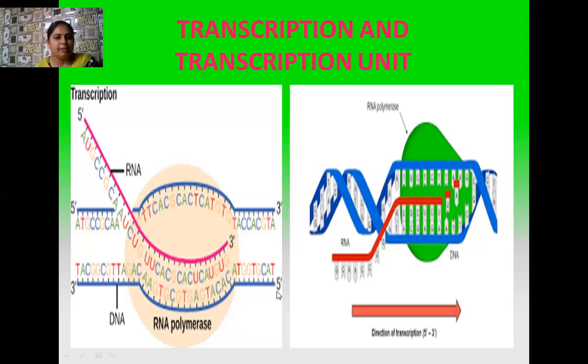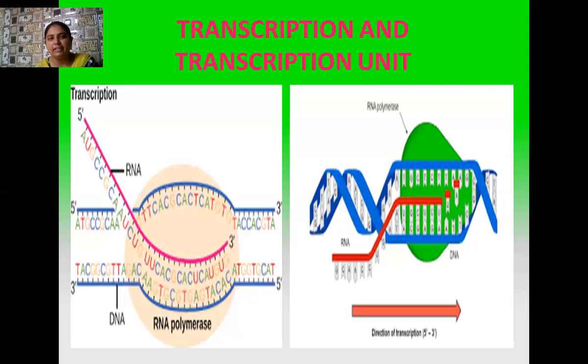Whereas the other strand of the DNA, whose polarity is in the 5' to 3' direction, does not code for anything, but scientists call this strand the coding strand. Because all the references, all the things that are present in the first strand, the template strand, promoter region, structural gene, terminator region, their location is specified on the basis of this second strand, which is not involved in the process of transcription and which is now called the coding strand.